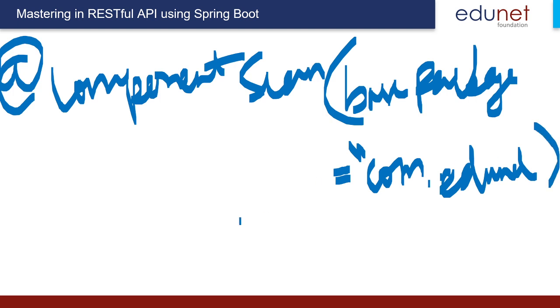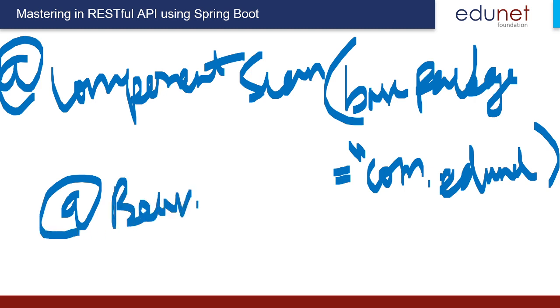Clear? And beans la வந்து நம்ம இங்க at bean அப்படின்ற that is annotation use பண்ணிக்கலாம் instead of writing a very big code. Clear? So this is how we'll be using a Java based configuration. Java based configuration means is nothing but using annotations we'll be doing it. Okay,